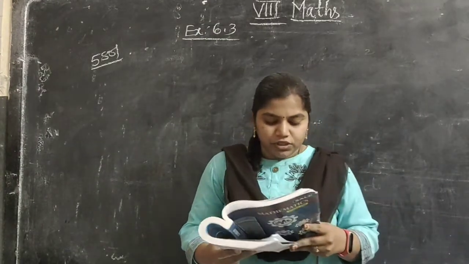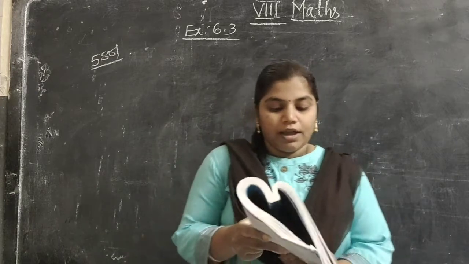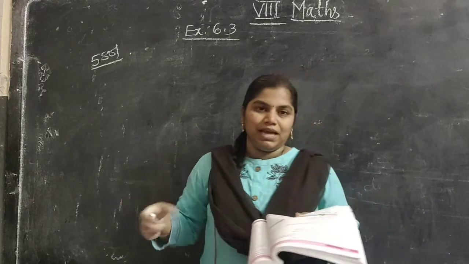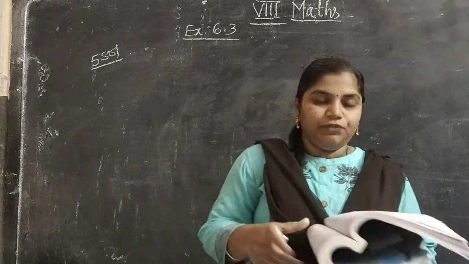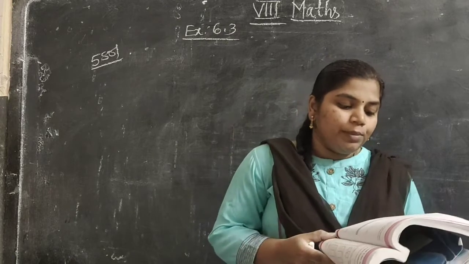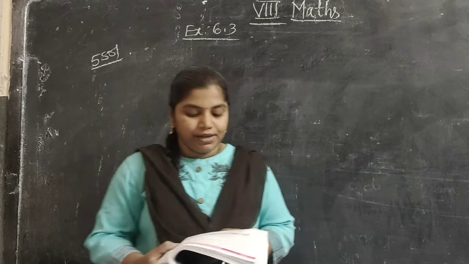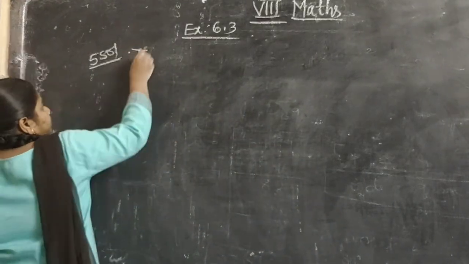A gardener wishes to plant 8,289 plants in the form of a square and found that there were 8 plants left. After planting all the plants, how many plants are left? 8 plants have been left in which field? That is a square field. So how many plants were planted in a row? In one row, how many plants have they planted? We have to find this.